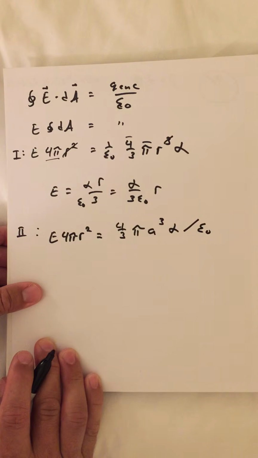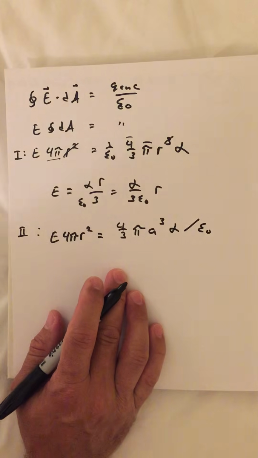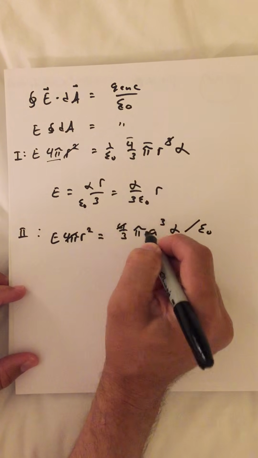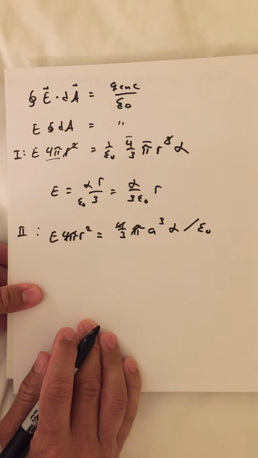Okay, I can clean this up a little bit, clean up how it looks. I'm still going to lose this 4 pi and this 4 pi. And what I'm going to get,